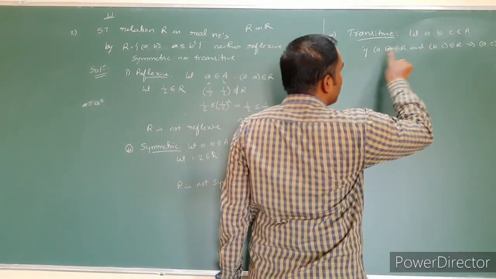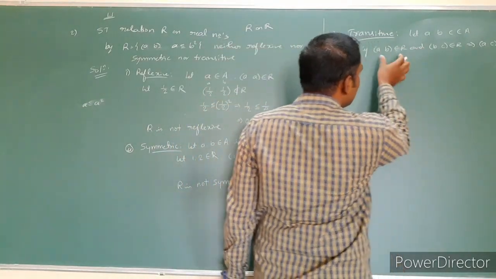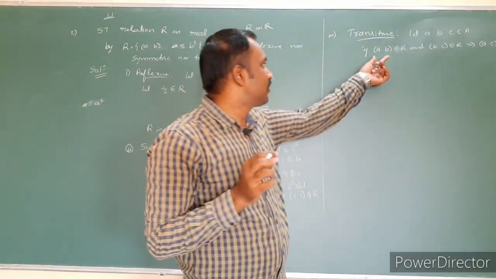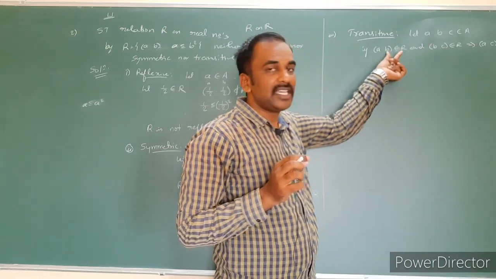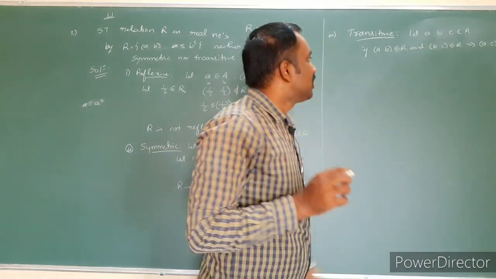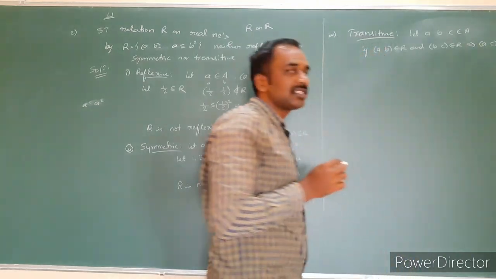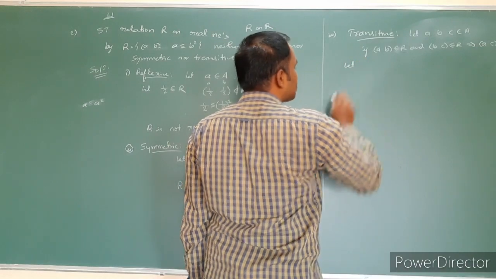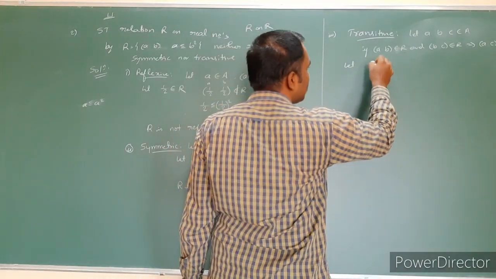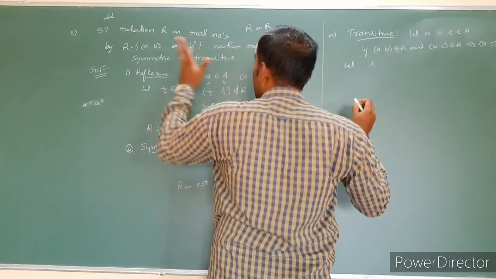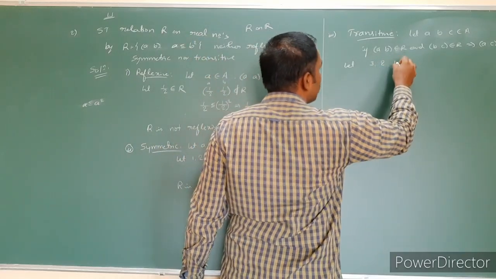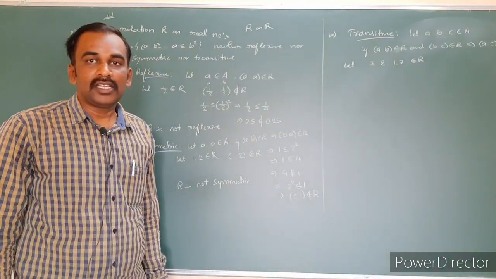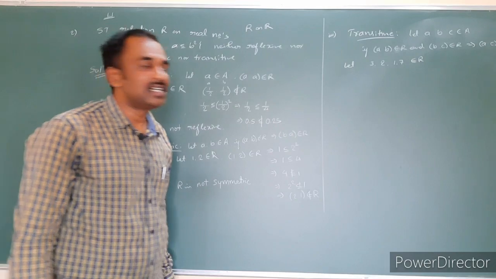Then we can say that it is a transitive relation. We have to choose the two ordered pairs in such a way that (a, b) and (b, c), where b is the starting element of the second pair. If these two ordered pairs are present, then (a, c) must be present in the relation R. I just choose the numbers, for example, 3, 2, 1.7, which are all real numbers, with a less than or equal to b squared.